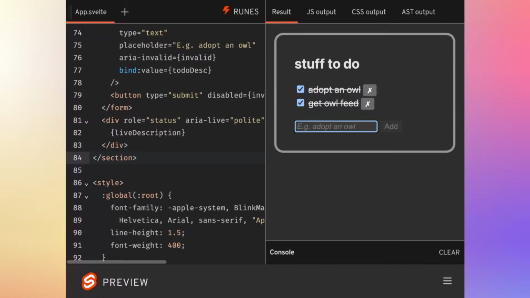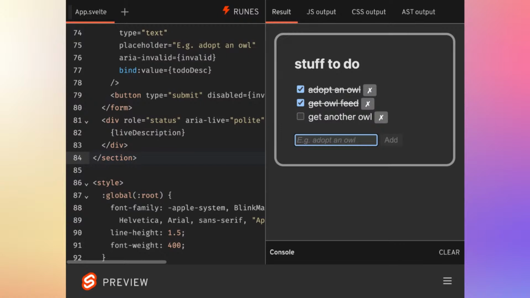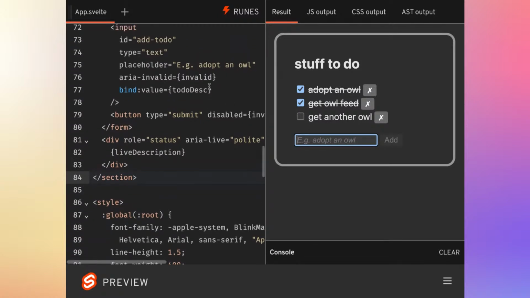And the tab navigation is exactly where you would expect it to be, which is the outside of the list, and you can tab back to creating a new to-do. Let's say, get another owl. I don't know what you're doing with so many owls, but hey. Anyways, so